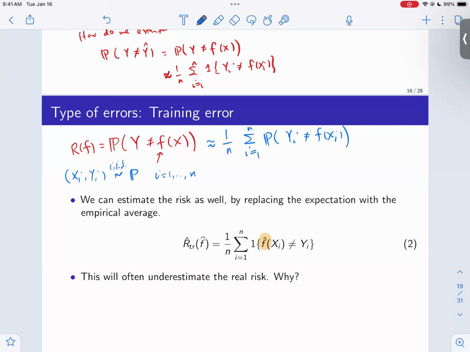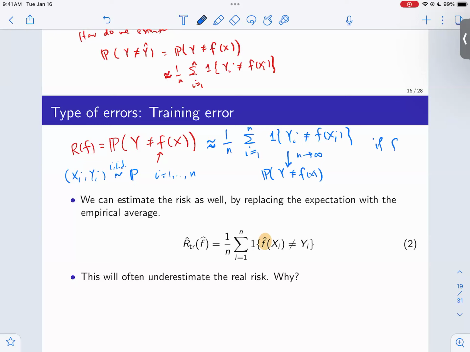So I'm going to average, sorry, this is not the probability, this is the indicator. So count the fraction of times basically, or how many times I observe that yi is not equal to f of xi, and then divide by the total. So it's the proportion of times that this event happens in the sample. And that's approximately equal to this if n is large. In fact, this is going to converge to that probability as n goes to infinity.